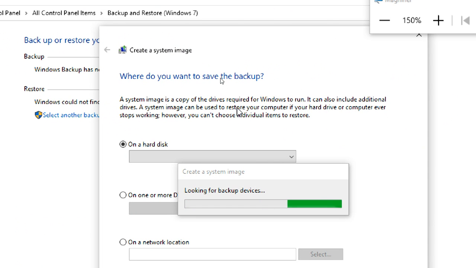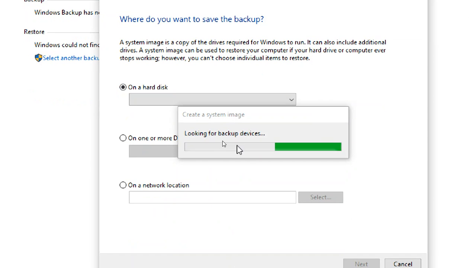So what does image backup mean? For example, you have an external hard disk. You can keep your entire system, meaning your operating system, drivers, applications, and user profile data in the image. It copies into an external place. So if your system crashes or is not working, or the hard disk is corrupted, you can restore it from there. So this is a system image.